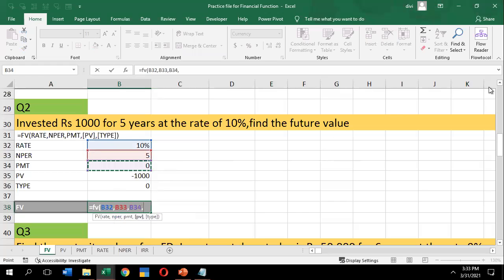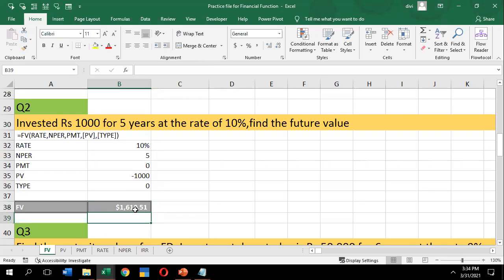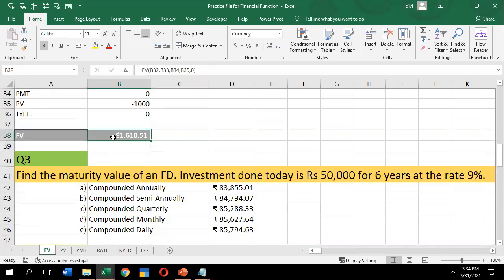PMT, I didn't give anything. The present value is minus 1,000. Before closing the parenthesis, I need to give the type, the end of the year. So what is the investment value? It is 1,610.51, the future value. Is that clear?